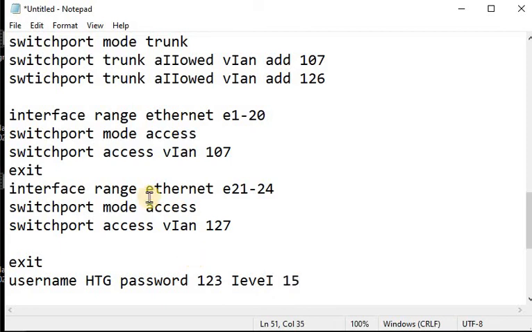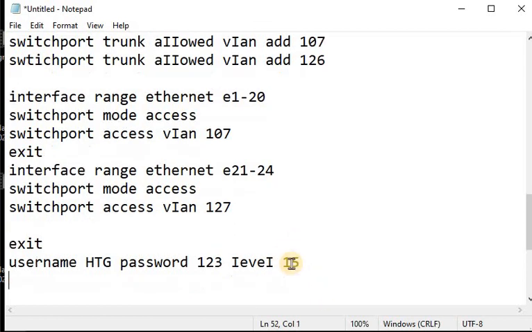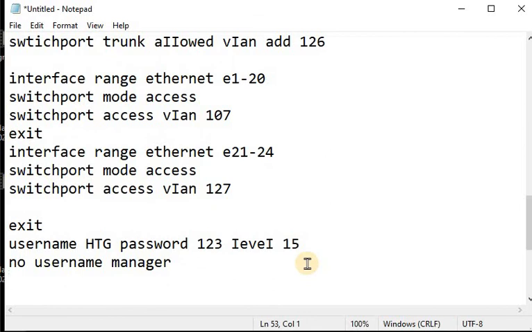If you want to create an administrator account, you will select level 15. Anything under 15 will be a limited user who does not have administrator privileges. After doing this, you can delete the default username: type no username manager and press enter. When you press enter, username manager will be deleted.